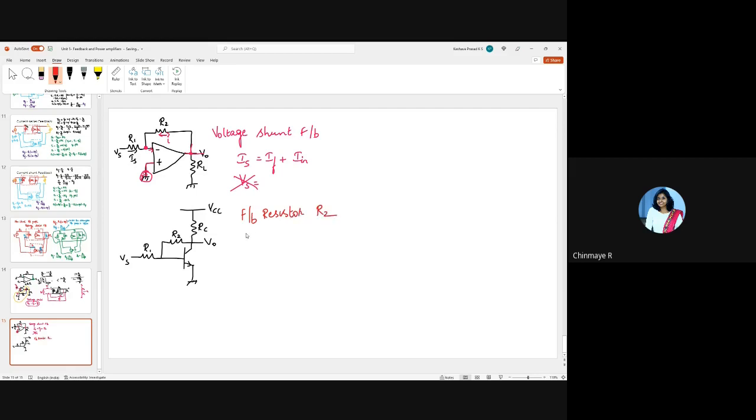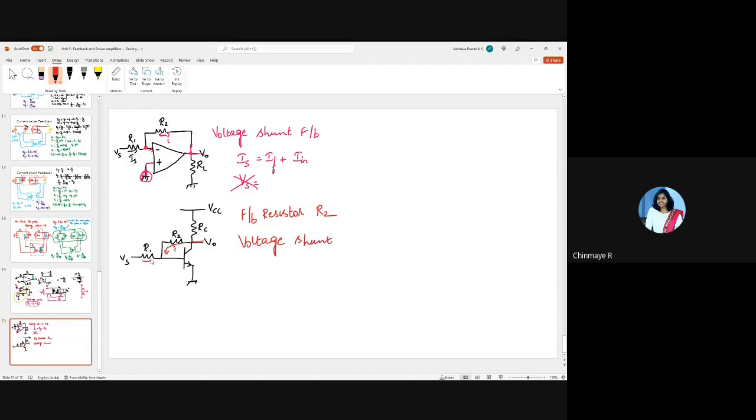Okay. So the first word is voltage because you're taking the feedback directly from the same point at which you're sampling the voltage. So now, are you feeding something through a resistor or across a resistor? So you're feeding the current I through this resistor, right? Therefore, this is also voltage shunt.